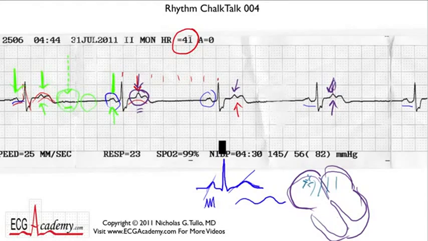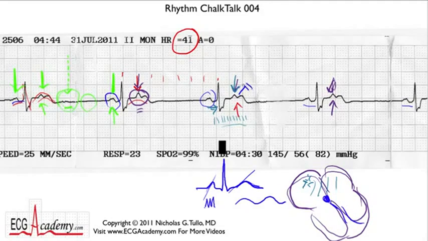Why didn't it conduct? Well, remember that the AV node takes some time to recover from the previous beat. It has a certain refractory period. So after this beat conducts down the AV node, there's a certain period of time where the AV node is busy conducting that beat to the ventricle, and it takes a split second to recover. So when this P wave hits the AV node, it finds that the AV node is not capable of conducting the beat properly. And so the AV node fails to conduct the beat, and you get a P wave that